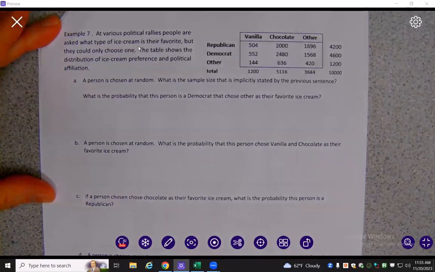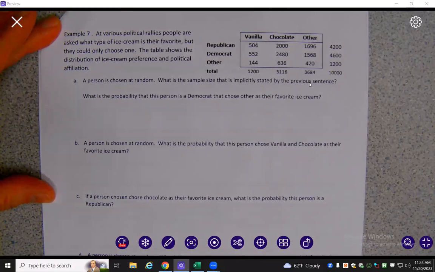At various political rallies, people are asked what type of ice cream is their favorite, but they could choose only one. The table shows the distribution of ice cream preference and political affiliation. Okay. A person is chosen at random. When I make the statement, a person is chosen at random, what is the sample size that is implicitly stated